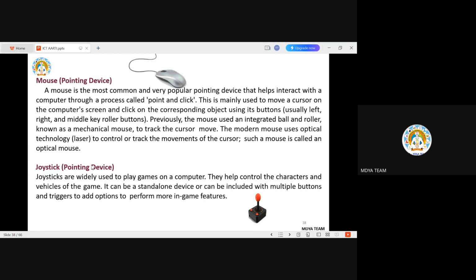Has anybody used this joystick? I think I used it when my children played video games, ma'am. Yes, these days it isn't used much, but